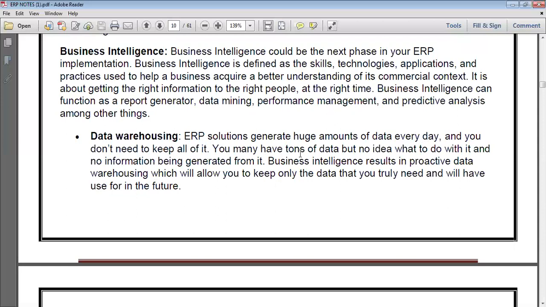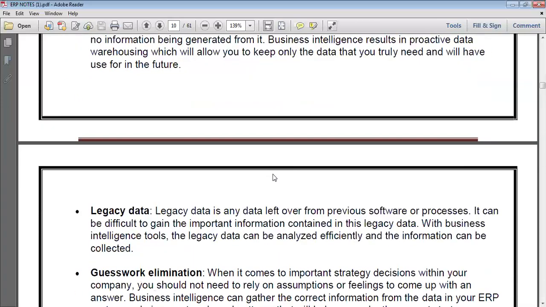You may have tons of data, but no idea what to do with it, and no information being generated from it. So it is stored in a particular place, for the applications we use in our business activities, in our business cycle.